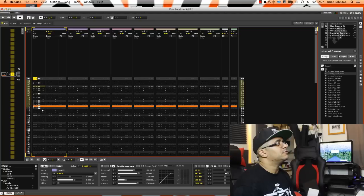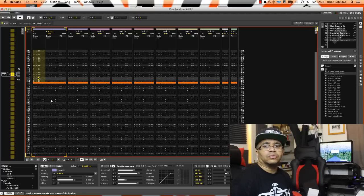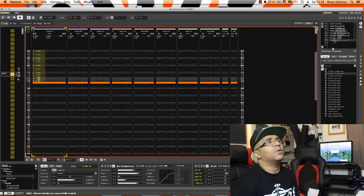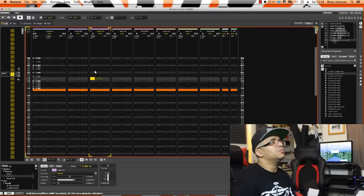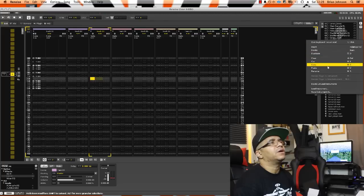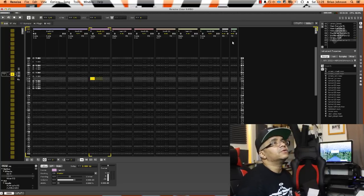Another cool thing to do is to grab your pattern, your little loop, and go to here and render to sample. And what that will do is cause your break to turn into a sample and be put up here. So it doesn't matter what track you put it on now, it's going to be a nice compressed sample. And what you can do with that straight after is you can rename it. You can call it compressed AMEN 1, and then you can save that